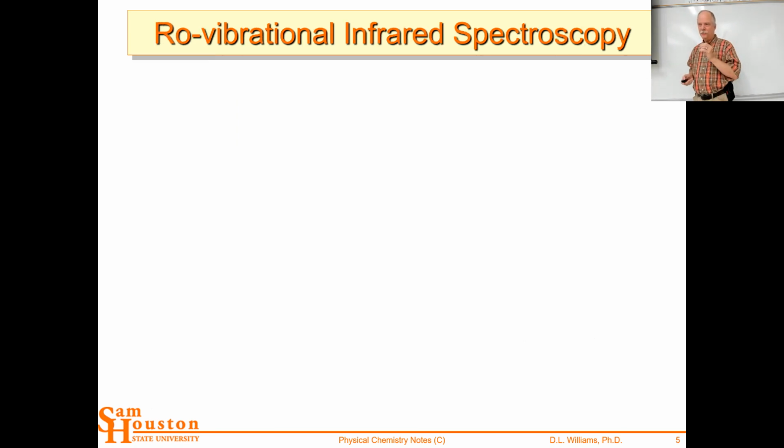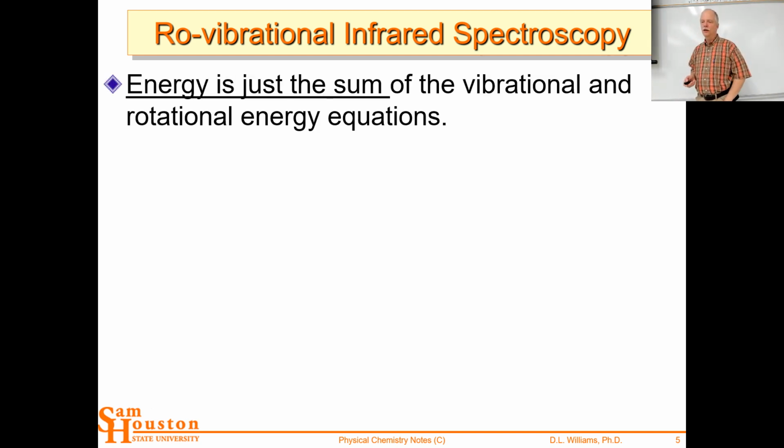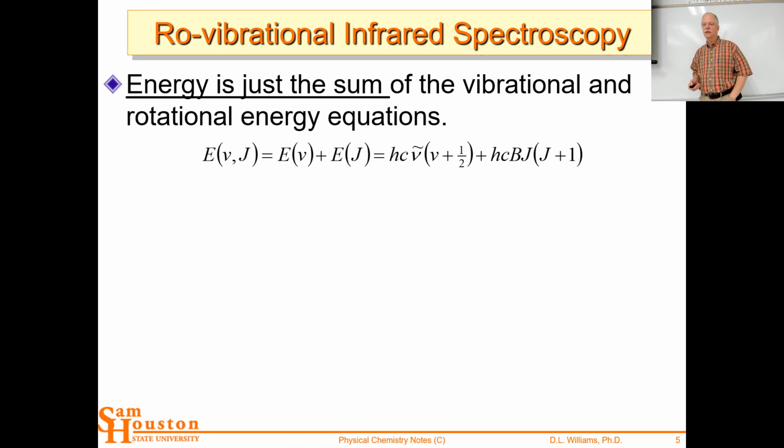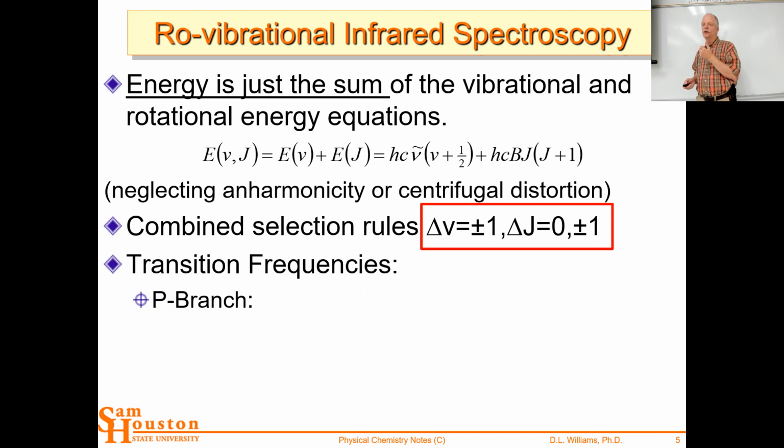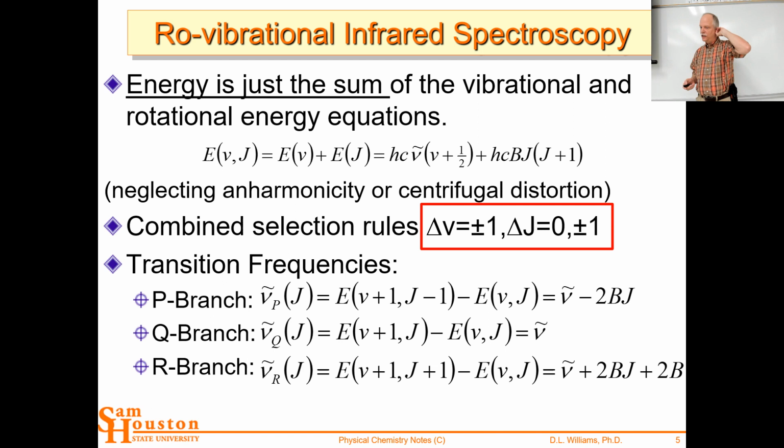So we compared these two molecules, showing also that water was an asymmetric top and essentially has 3 different rovibrational sets of peaks. Then in the video we calculated this using the selection rules of delta V plus or minus 1 and delta J plus or minus 1 and 0. We came up with the different frequencies for the P, Q, and R branches. So these are going to be used in your lab, your rovibrational lab,